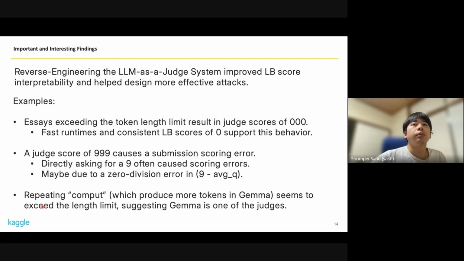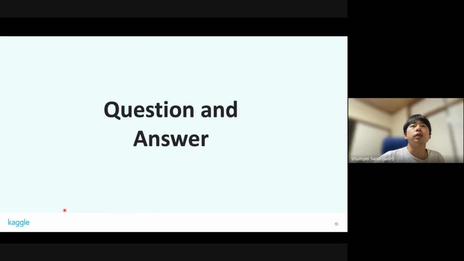Third, we attempted to identify which models English score were used as judges. So, although we couldn't pinpoint all of them, I had a similar question actually. It was found that for the exploit that didn't get the perfect English score. Were there spaces between the random words? Attacks which produce more tokens only in Gemma, or were the words all chained together? Exceed token length limit. Yes, we tried that all to change. Thank you for your trust or